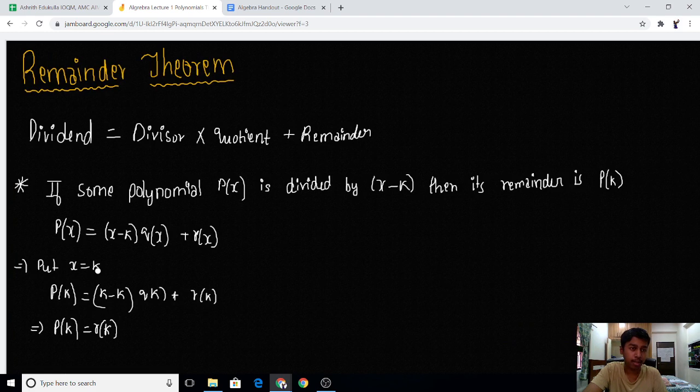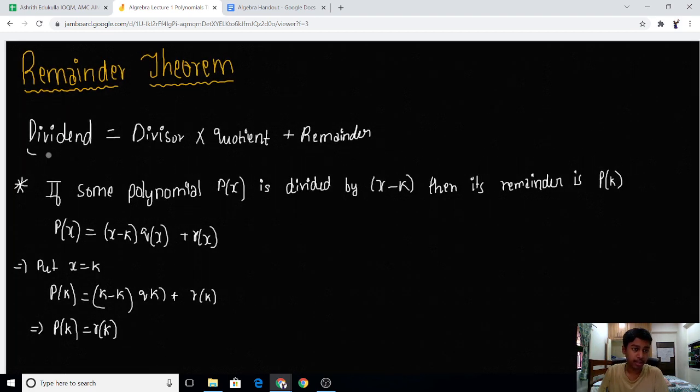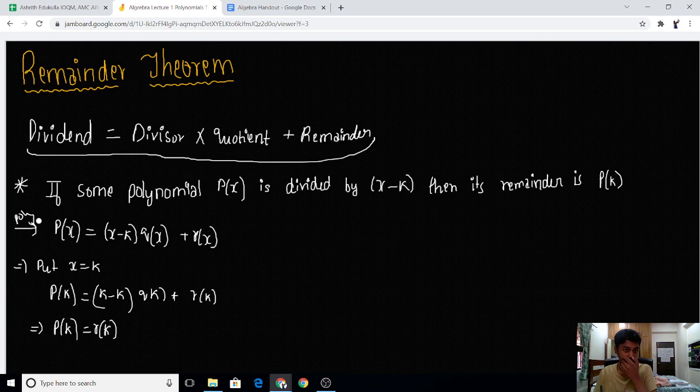In the remainder theorem, I'm just taking the division algorithm. I have taken the division algorithm, and as you can see, I have written it in the form of polynomial terms, functions like p of x, q of x, and r of x. And then, as you can see, I have x minus k here. So when I keep x equals to k,